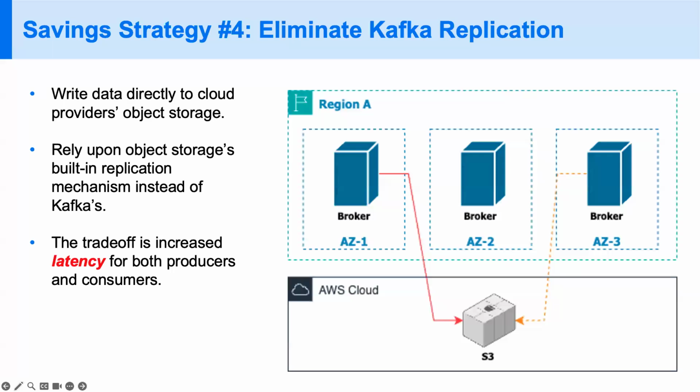So this not only saves the storage costs, which we'll talk about in a bit, but it also allows you to save that data replication cost, because you no longer need to enable leader-follower replication in these scenarios, because you're depending on the underlying object storage's internal replication mechanisms to make sure that data is available across different